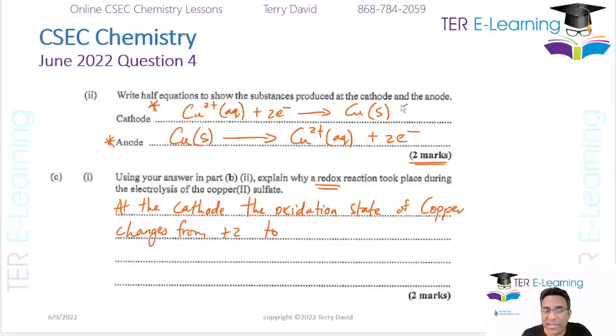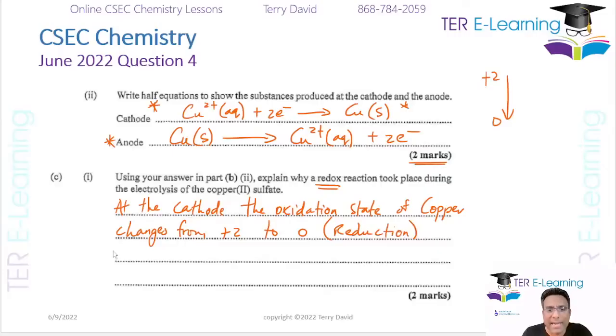Because you're going to copper solid on the side here. So you're changing from oxidation state +2 to 0. So if you're at +2 and you're going to oxidation state 0, that means that's a decrease in oxidation number. So this here is called reduction,